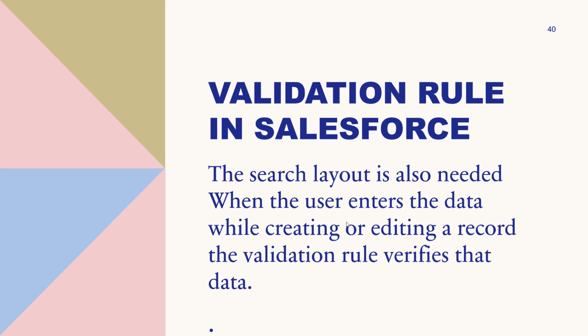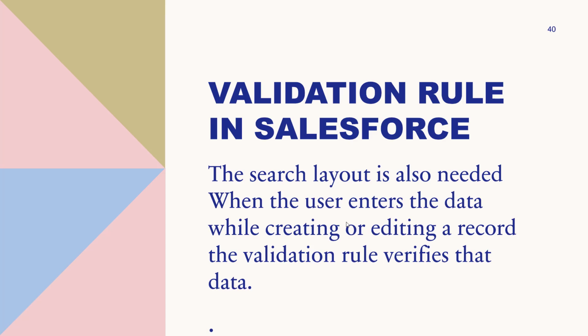We want the records to be created with values in a particular way or format, according to a particular standard, and for that we implement a validation rule on the object whose data we want to be standard. When the user enters data while creating or editing a record, the validation rule verifies that data. It holds a formula-based expression that calculates the data in one or more fields and returns the value true or false. It also involves an error message to show to the user